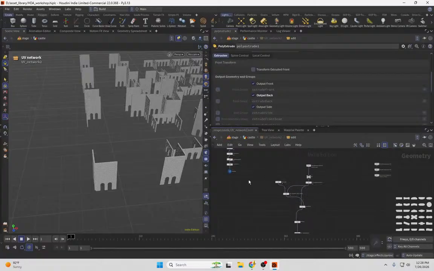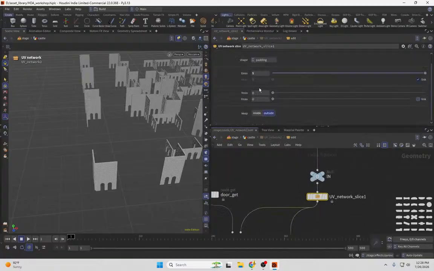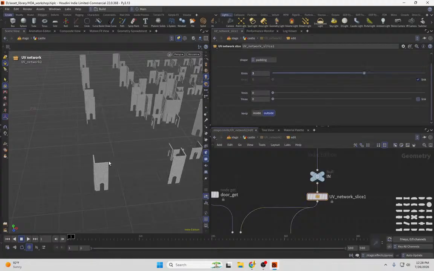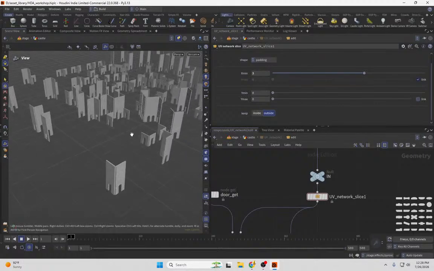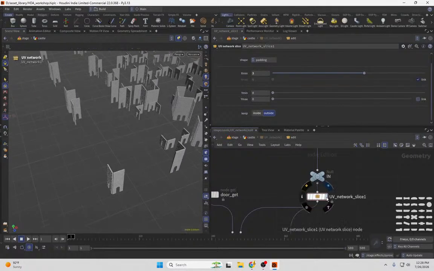Let's make these corner pieces only, let's go with 3 meters in against the corner. Okay, that's good. Now for the remainder portion of the wall here,